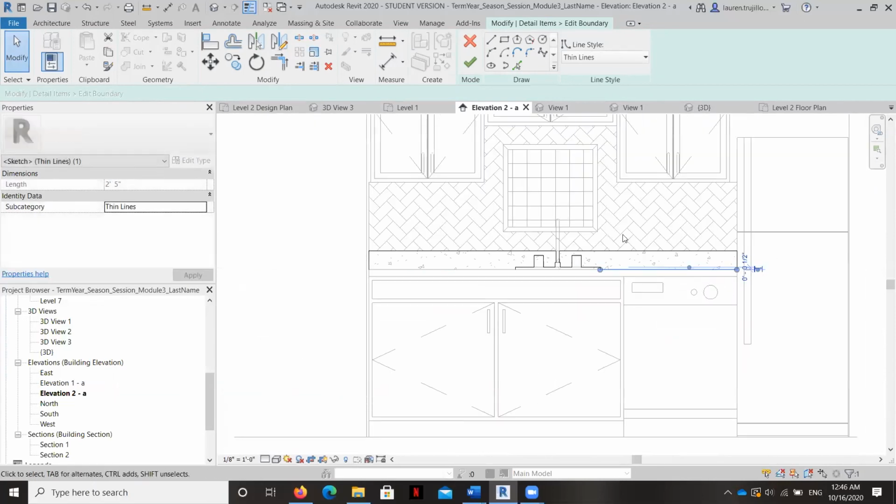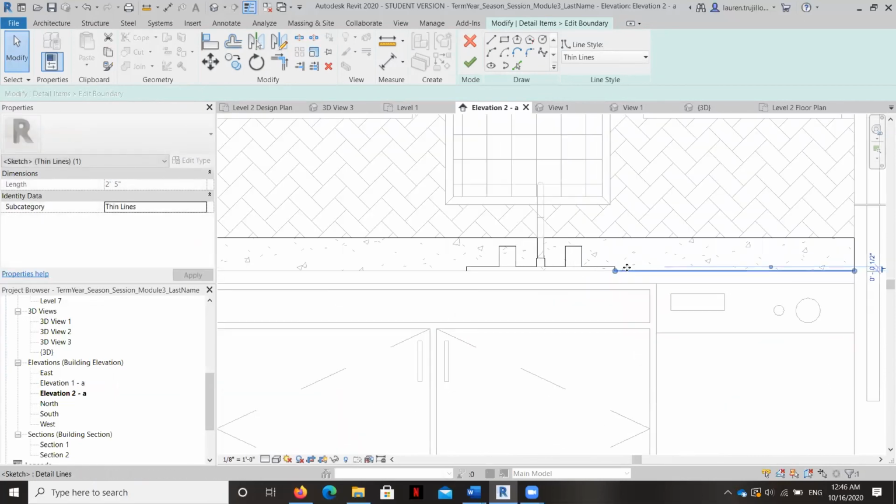You can see I'm adjusting the boundary of the masking region.